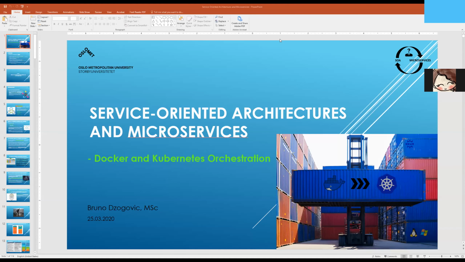Okay, so I think we can start now. What we're going to talk about today is not just Docker and Kubernetes directly, because we need to understand some concepts before we start the practical part. This is because I made the same mistake: I started with these two technologies without any theoretical knowledge, and I was lost for the first few months.